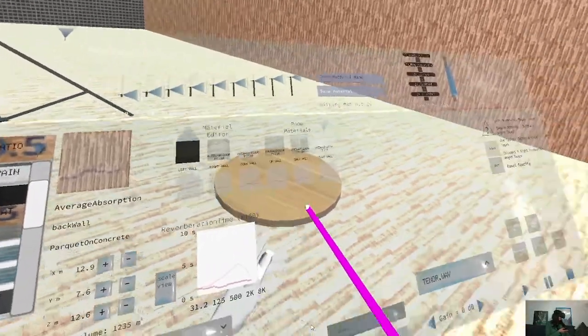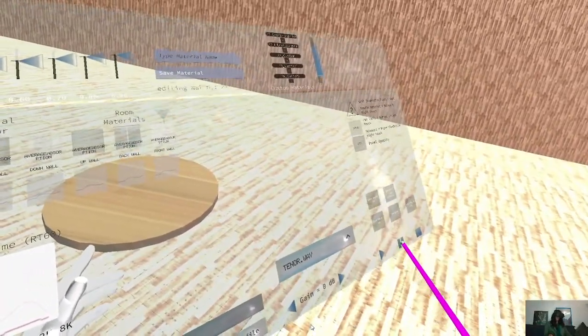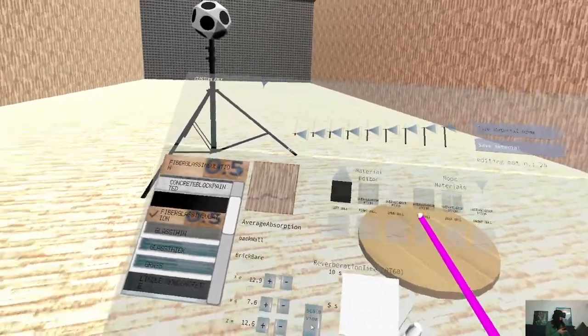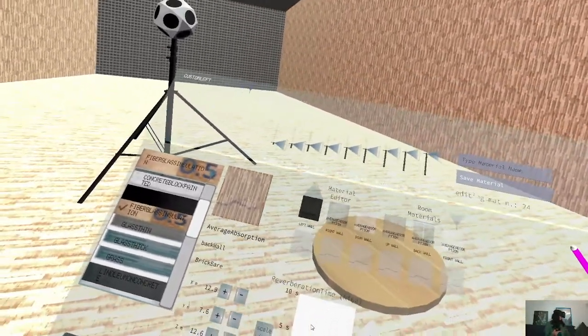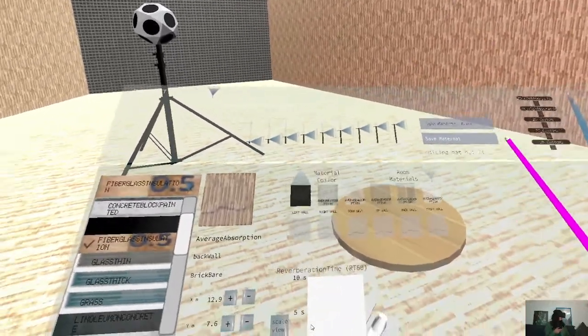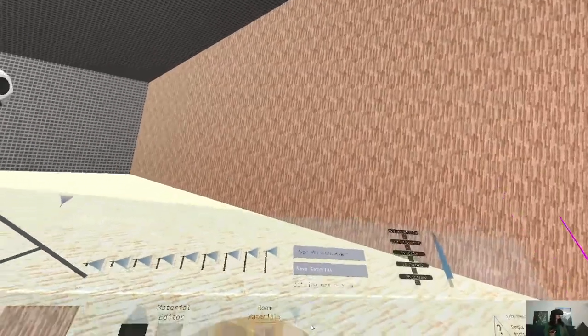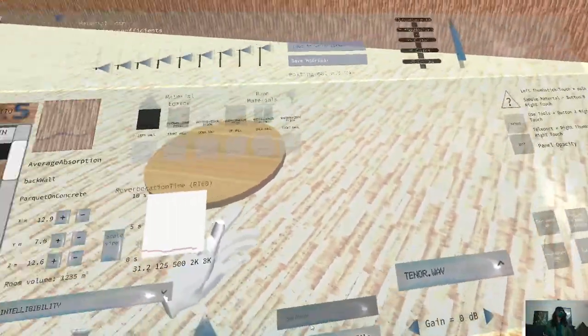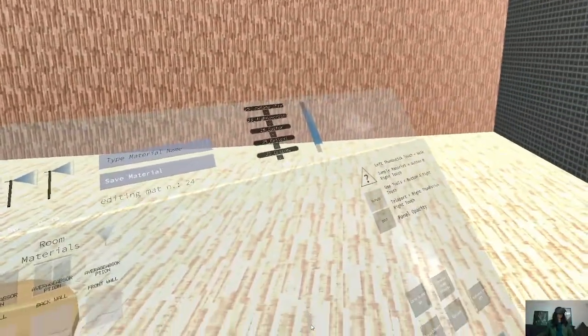So also the average absorption coefficient curve is applied to the bounding box of the geometry, while the calculation is actually based on the real volume for the room. And I will explain this in more detail in the next slide.